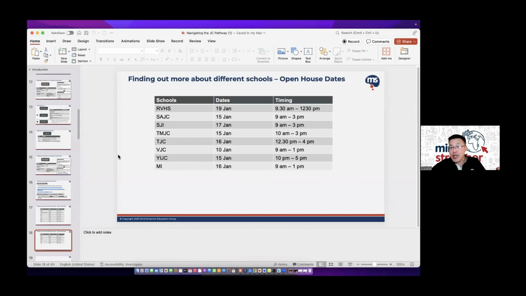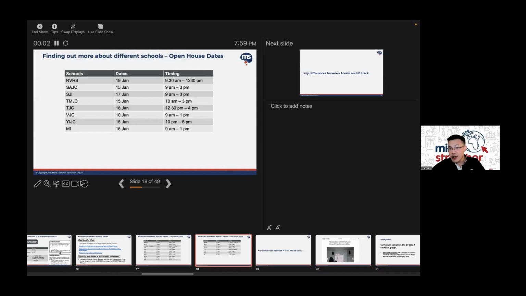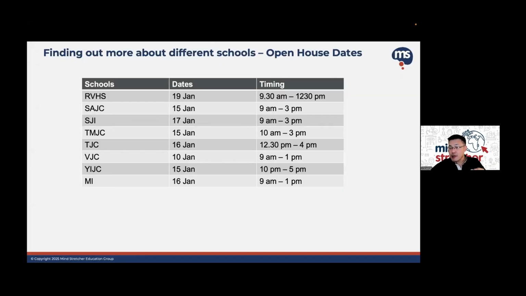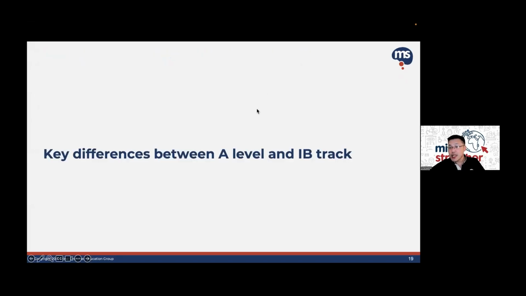Next, what I'm going to do now is go through a bit more. I've talked about a few things now: the tool, in terms of the score trends, and also things like the open house and some of the conditional acceptance. The next one I wanted to cover, which does come up quite a bit, is that if you look at the schools, there are some on the international baccalaureate track and some on the A-level track. There have always been questions about that, so I will touch a bit on the differences between the two.